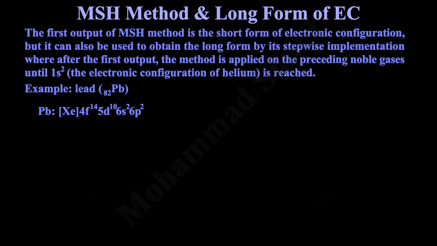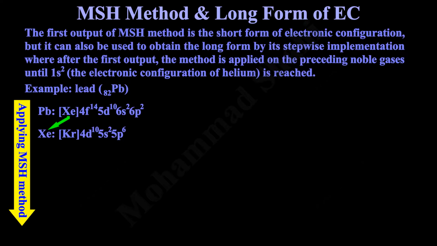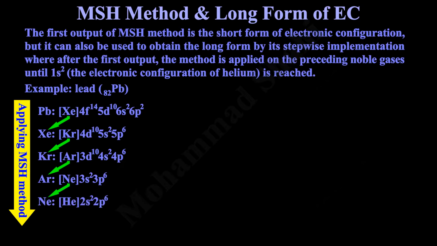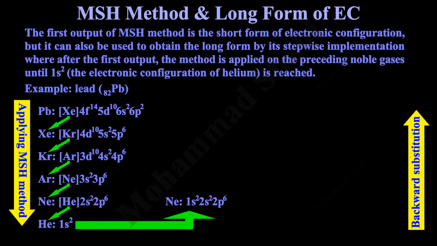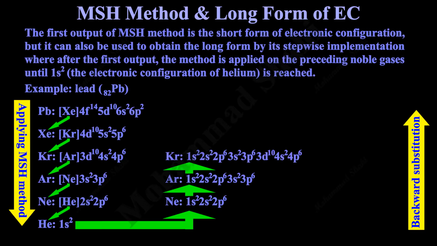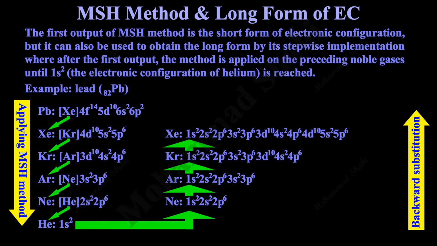To acquire its long form, stepwise execution of the method on the preceding noble gases can be used to obtain their electronic configurations as krypton 4d10, 5s2, 5p6 for xenon, argon 3d10, 4s2, 4p6 for krypton, neon 3s2, 3p6 for argon, helium 2s2, 2p6 for neon, and finally 1s2 for helium, where successive substitution of these from xenon to helium gives the long form of electronic configuration of lead as